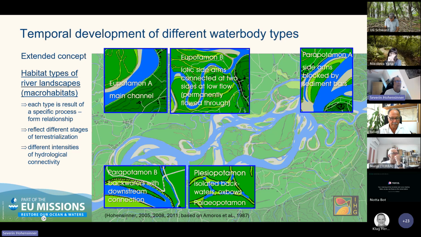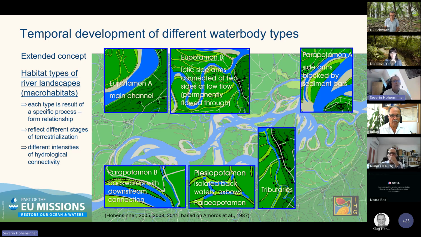Then we have plesio-bottom-on or paleo-bottom-on, and these are isolated backwaters, oxbows. We put them normally together. We do not distinguish them because we often cannot really distinguish them in historical sources. Then we have a specific focus on tributaries that join the main river, and two types of habitats,